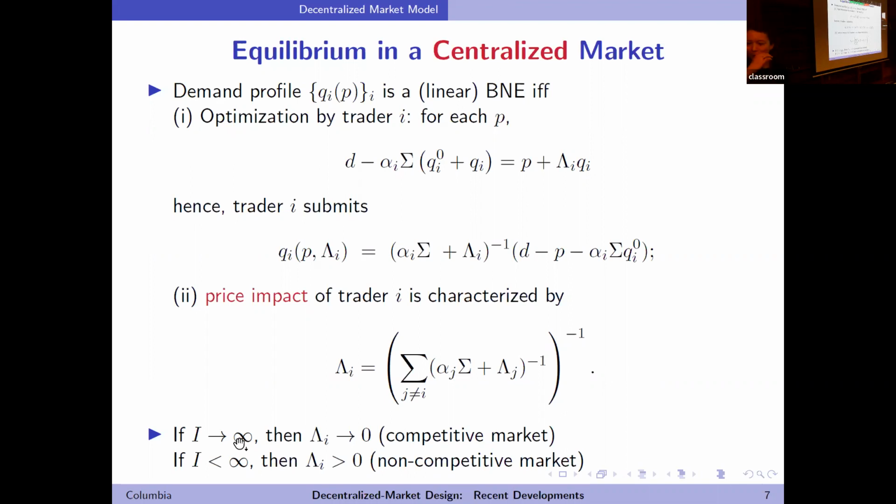All right, so let's quickly review the standard centralized market model because we are going to build on this intuition. Suppose there is a single exchange for all traders and all assets, and all traders participate in the trade of all assets, just like we assume when we study centralized market models. In games in which traders submit price contingent demand and supply schedules, it's useful to think of a player as trading against the residual market, represented by his residual supply function, defined by aggregation of demand submitted by others.